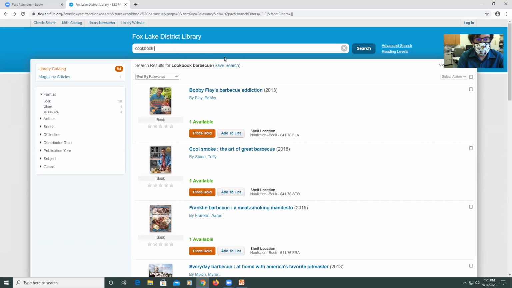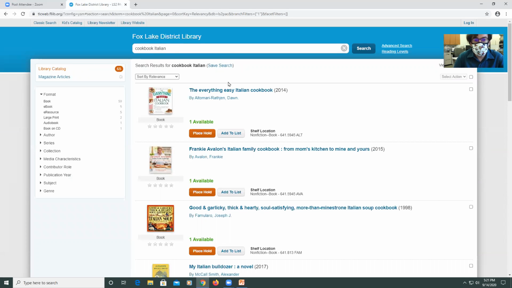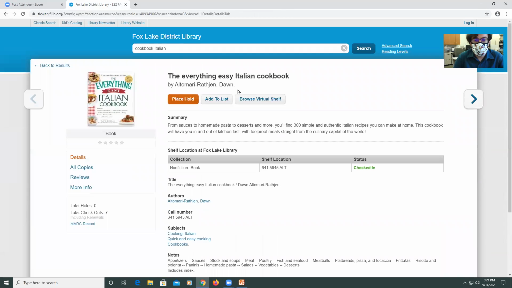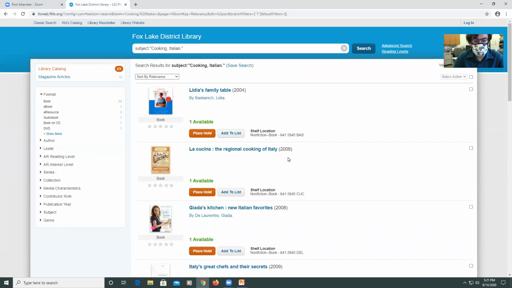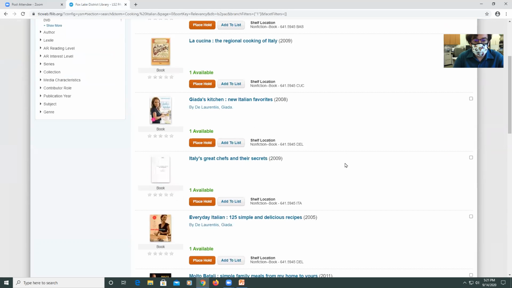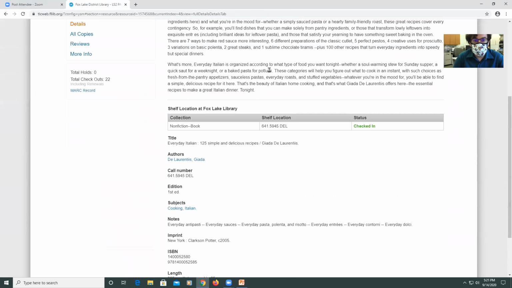Cookbook, Italian cooking. And again, we click on the subject heading Cooking, Italian, and it'll bring up even more different ones to look at. They give you the description, the location,